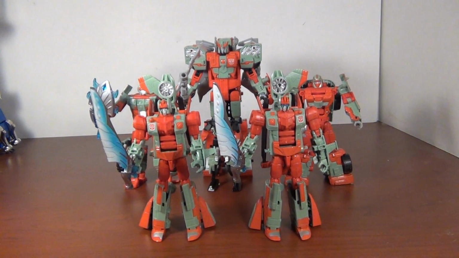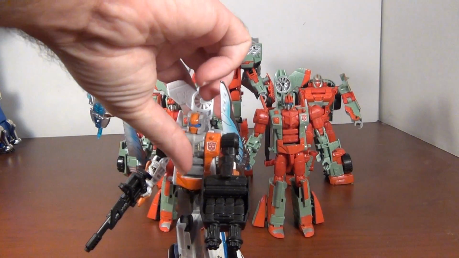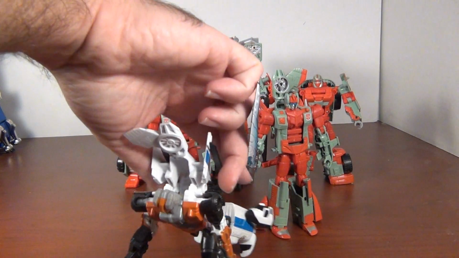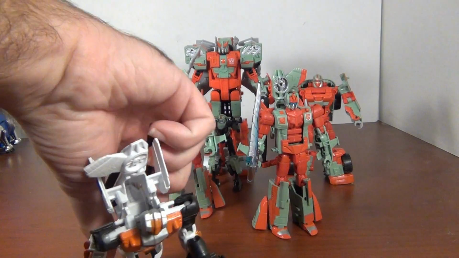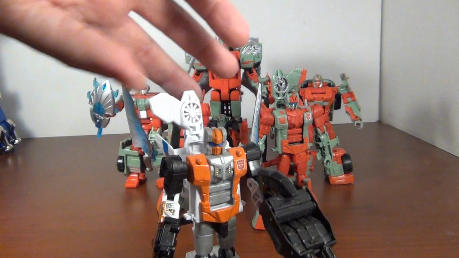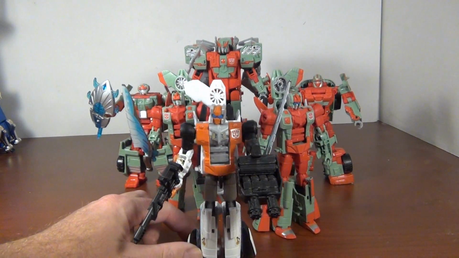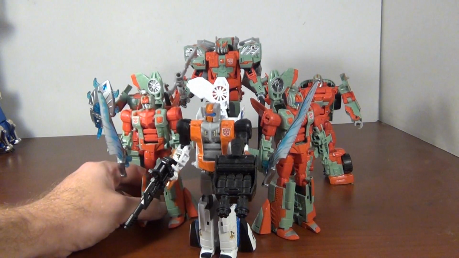Color-wise, they're pretty similar. Of course, their color schemes tend to mirror each other, so details on one will be on the opposite side of the other, and that works out nicely. For a quick comparison, let's bring in Alpha Bravo, because he's the original for this mold. And we'll just bring him in. It's a little awkward, I know, but let's see if we can...